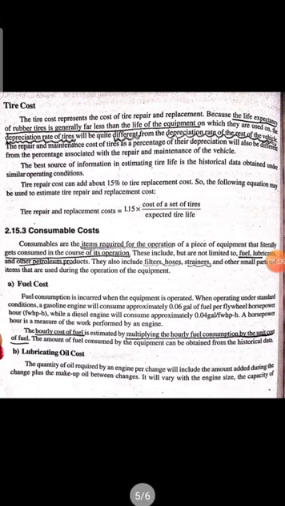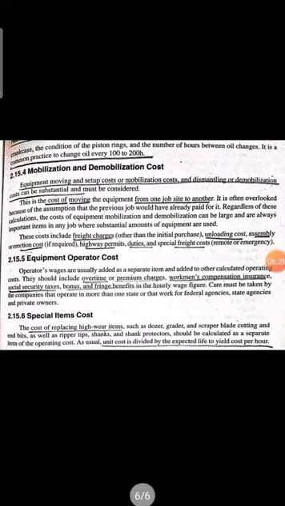So here we have two costs. One is the fuel cost. So to find the fuel cost, or hourly fuel cost, what we do is we multiply the hourly fuel consumption by the unit cost of the fuel. So that's the formula to find out fuel cost. So the next one is the lubricating oil cost. So what we do here is it's a common practice to change the oil for every 100 to 200 hours.